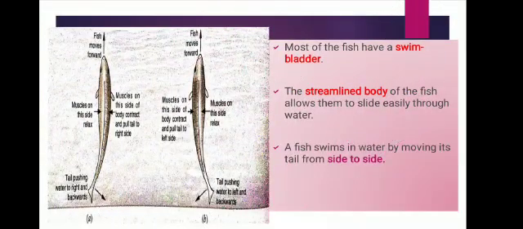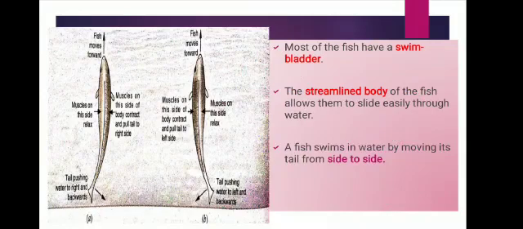Now we will describe how a fish moves or swims in water. And keep in mind that when an object pushes water in a backward direction, then water pushes that object in the forward direction with an equal force. Are you getting my point? That when an object pushes water in a backward direction, then water pushes that object in the forward direction with an equal force. It happens with all sea animals.